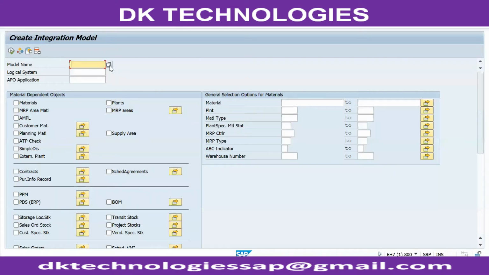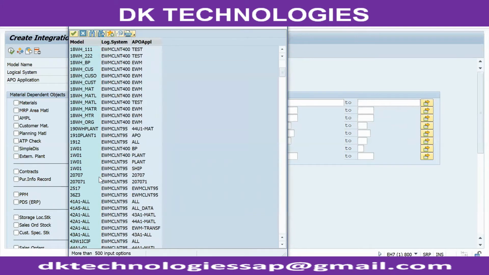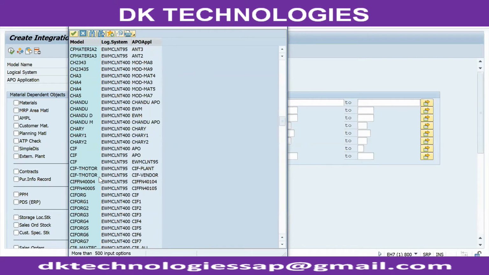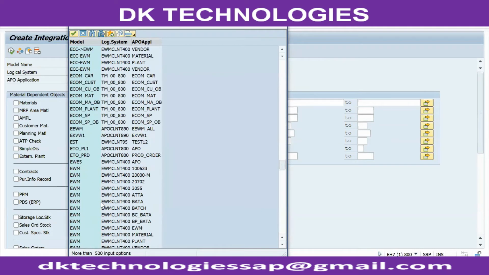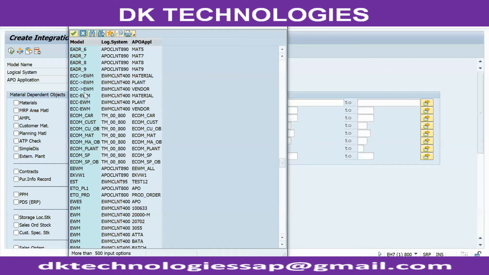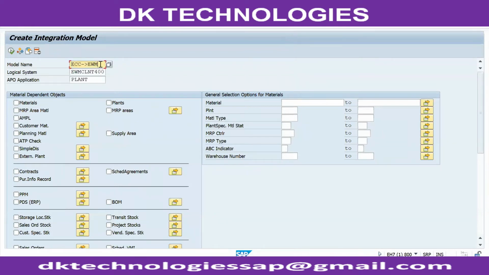You can enter any model name. Let me take anything. If you enter any number, that model name will come and sit here. I'll go with an already existing ECC one. In real time, how many models will be coming? It will be by default. You can create your own model name. You can create one like this, you can create 9 like this. I am taking a model name which somebody has already used.